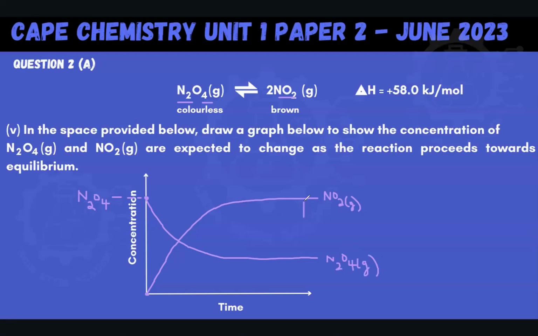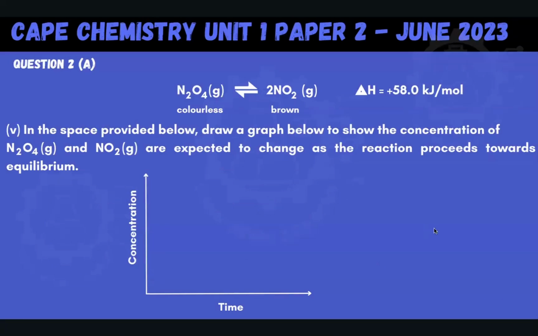And so at this point, where we see the leveling out of the concentration, we know that equilibrium is reached. Leveling out, the concentrations are not changing anymore. And that's one of the key features of dynamic equilibrium that we spoke about earlier. The concentration of our product is constant and the concentration of our reactant is constant. So this is our equilibrium point of this curve. Equilibrium concentrations. So let's go forward,